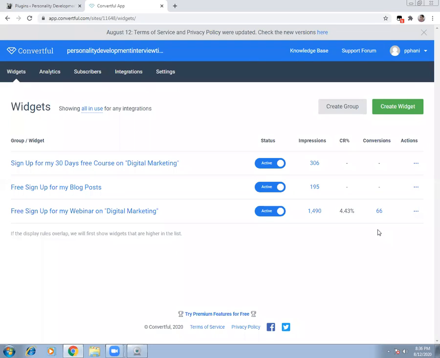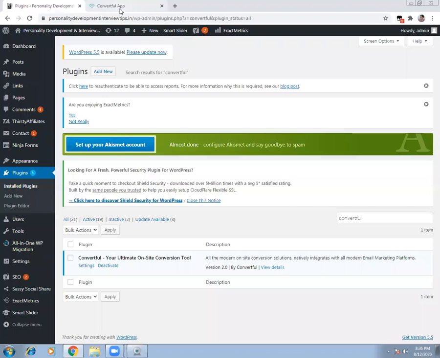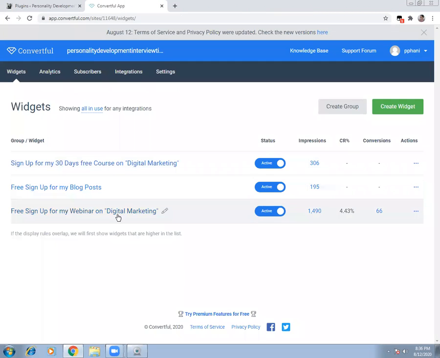Because every day there are so many tools that are coming into the market. And this is a very new tool, very recently launched, and that's why it is offering for free. And today we are going to explore what features it is offering. Now, before we go on to it, I just wanted to show these 3 forms. Where did I place them?